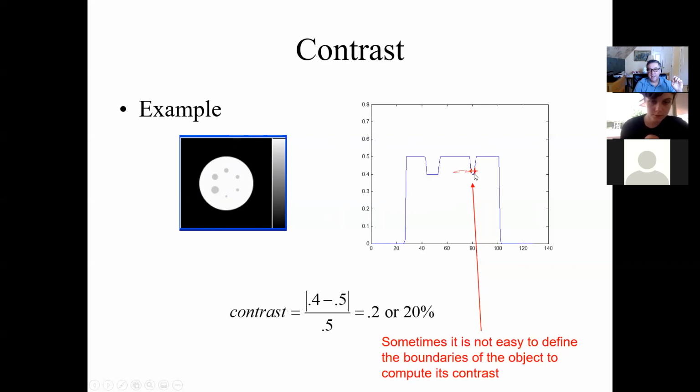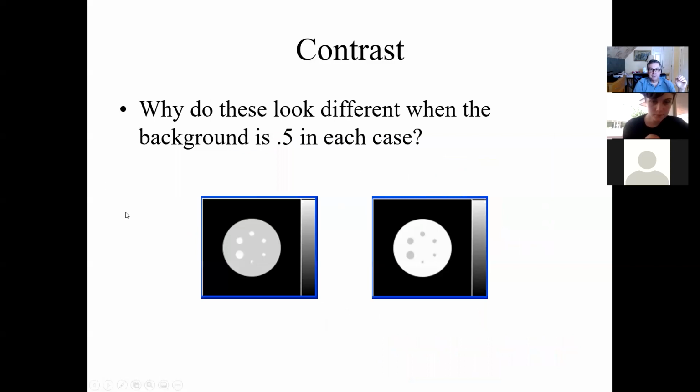Sometimes they'll take the maximum and take 50% of the maximum as a way of defining the boundaries of the object and then compute the contrast within that. But it's a little arbitrary. And that's the way it's done. If you're doing research, as long as you're consistent, you're probably fine. Okay,